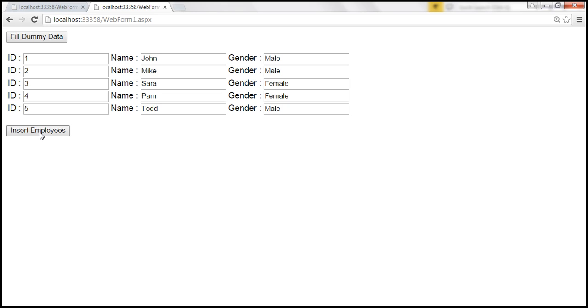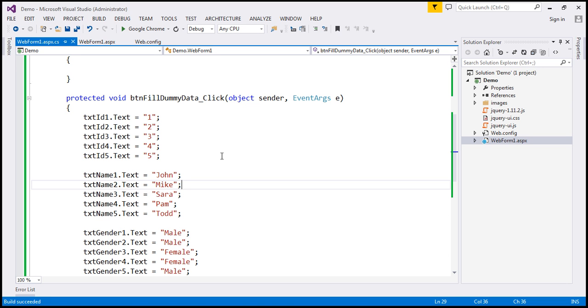Now when we click the insert button, we want to retrieve this data into a data table, and then we want to call that database stored procedure, pass the data table as a parameter to it. So within our